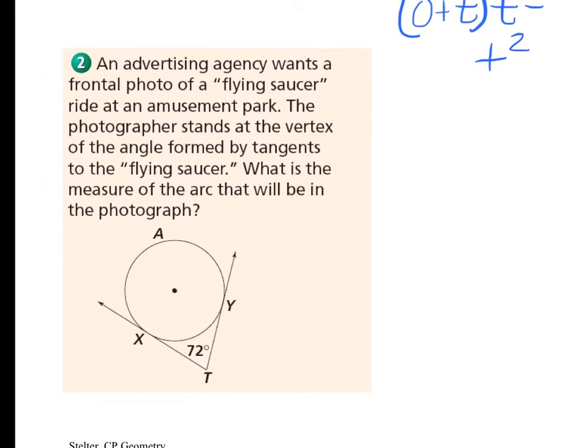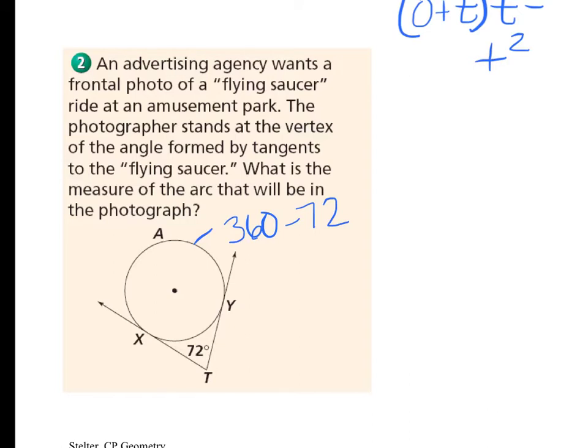So you are dealing with angles, and the vertex is on the outside, so that differentiates between the sets of formulas that you're going to use. So this is the difference of the two arcs cut in half. Well, we don't have the second arc, so you're going to have to do 360 minus the arc that you do have. So here, 360 minus 72, and then that's going to give you what that XAY arc is, and then you end up getting